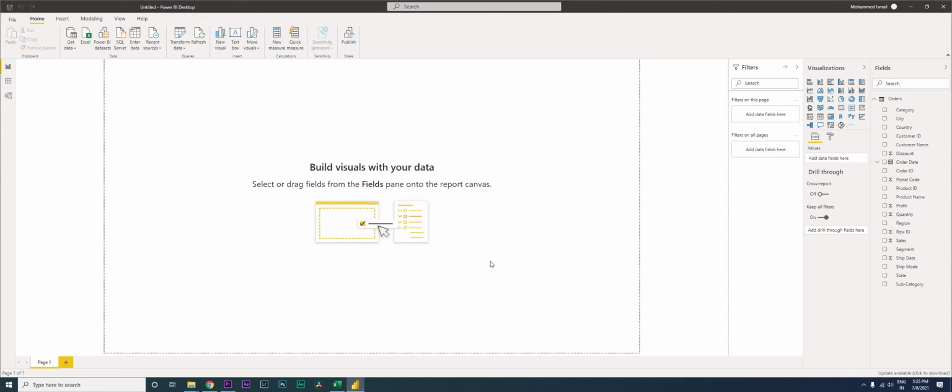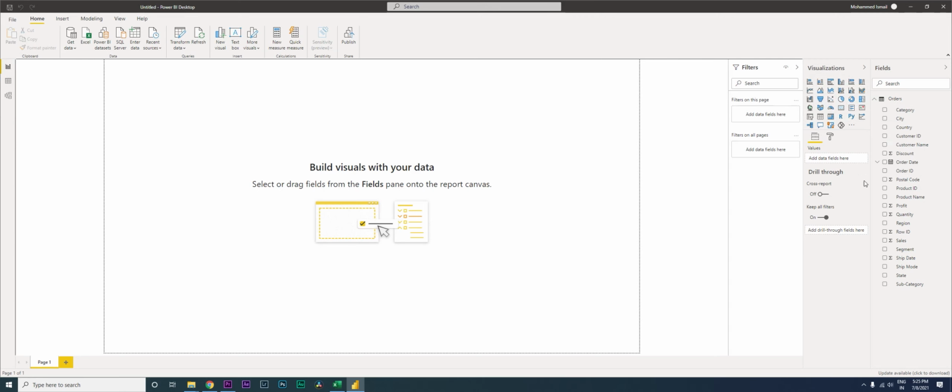So this is your page where you can create reports. There are various visuals that are available. You have your stacked bar, you have your stacked column chart, you have a pie chart, you have a donut chart, you have a funnel chart, and then you have a waterfall chart, and there are loads of custom visuals also which are available. We will look at that later. For now, let's look at creating some simple bar charts or the column charts to begin with.